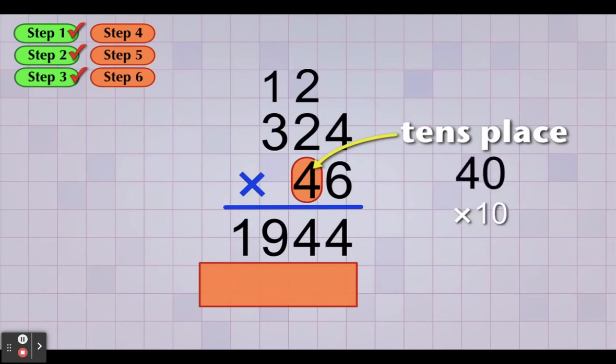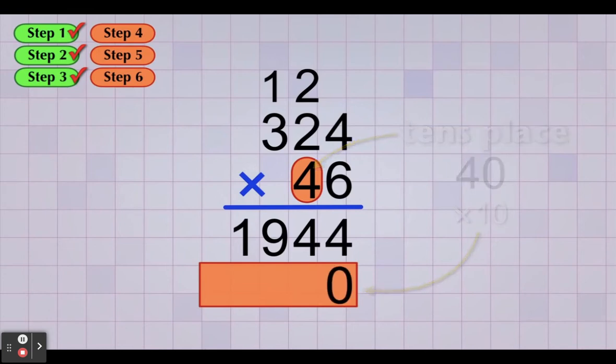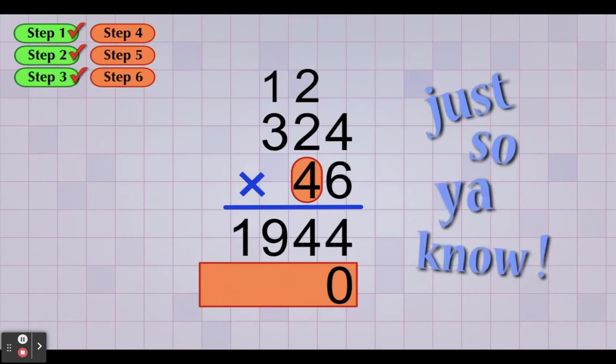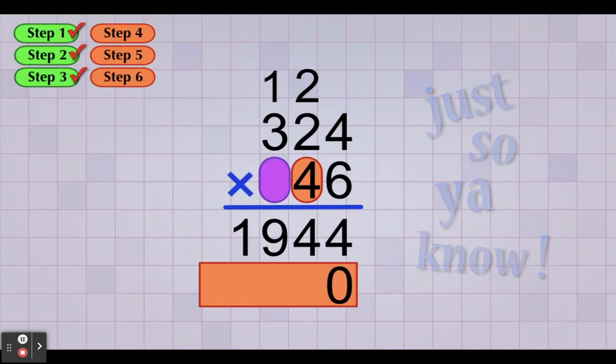That's 10 times bigger, so the answer we get should also be 10 times bigger. So before we start multiplying, we need to put a 0 in the first spot of our answer line so it's 10 times bigger. That means that all the other answer digits we put there are shifted to the next bigger number place. And just so you know, if we happen to have a third bottom digit, we would get